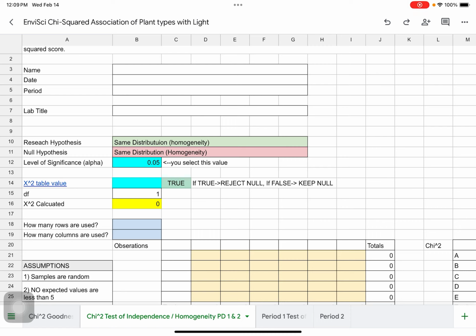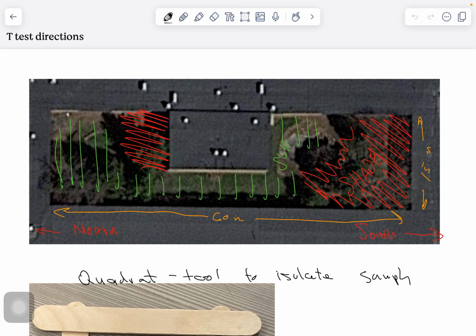In the example I'm going to work with you here, I'm pulling data that I collected with an experiment in my in-person class. And so our categories were based upon the courtyard. In this diagram, you can see where I have indicated the south side, which is where the sunlight's coming from, the north side, approximate measurements of 15 meters wide, top to bottom here in other words, and 60 meters long